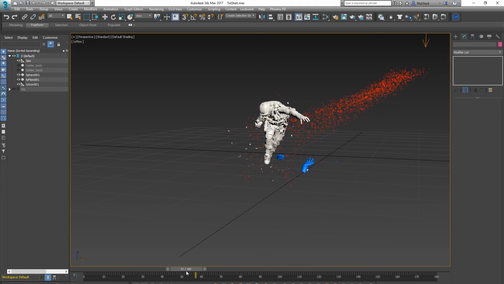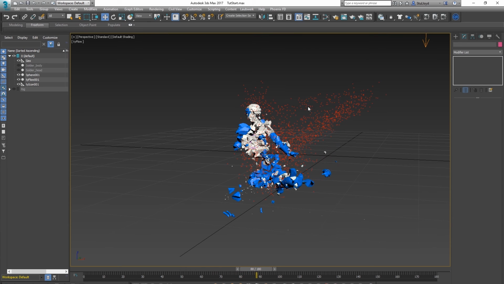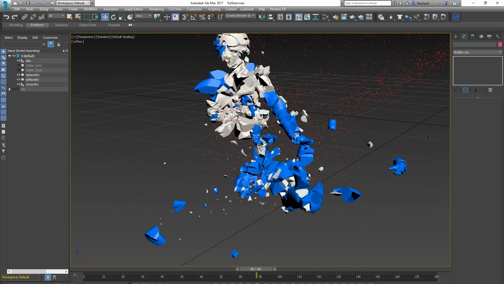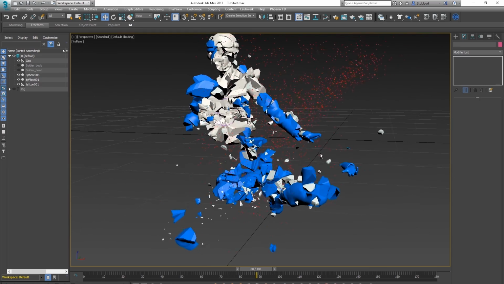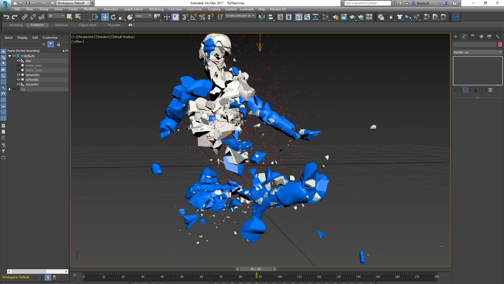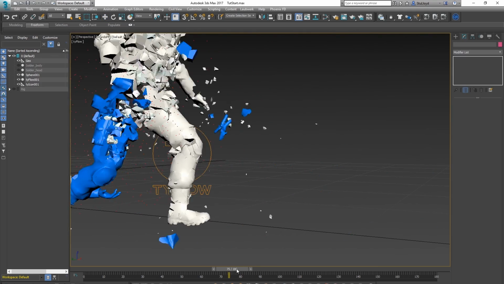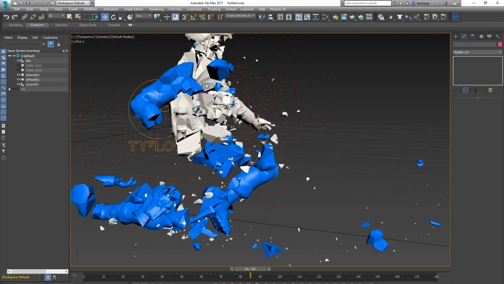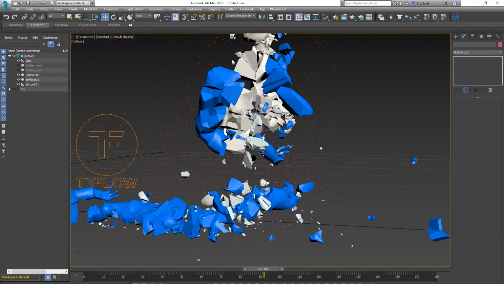Pretty much now you just tweak some settings, so keep tweaking until you're happy with the way the nanomites are going. Obviously increase all your Voronoi fragments so that he's less blocky, and you're trying to make him look more natural. Also one thing you'll notice here is, as he comes down and his leg falls off, and now his other leg falls off, his torso now should fall to the ground, but it doesn't because it's still skinned to the character,